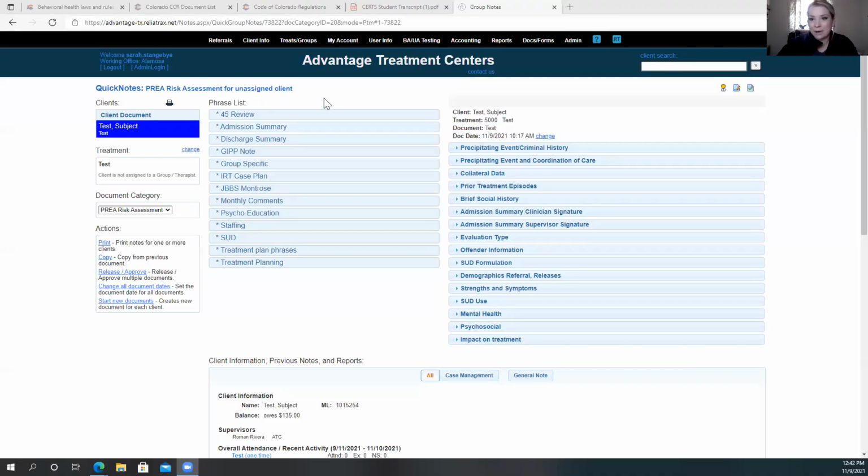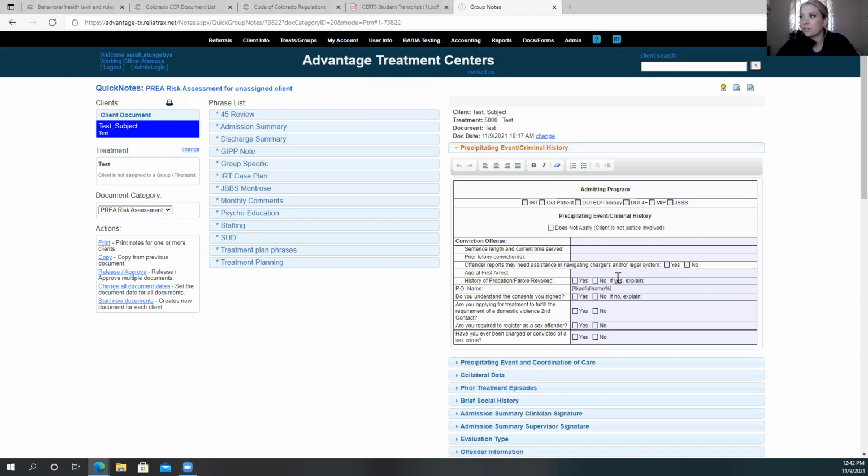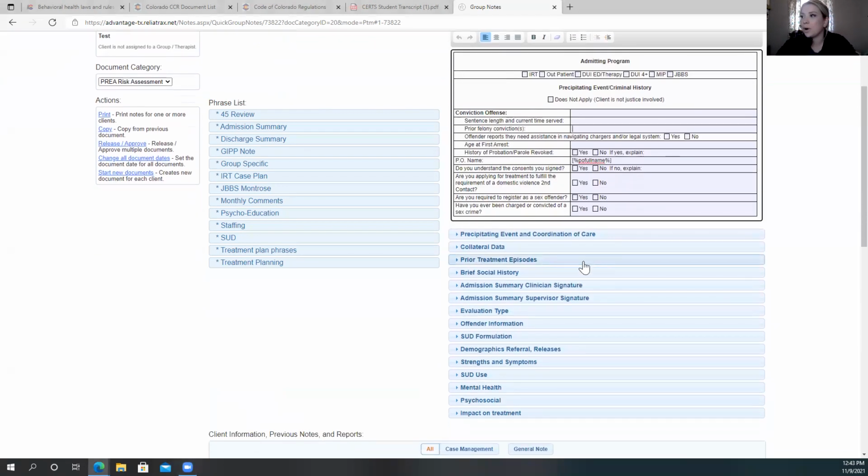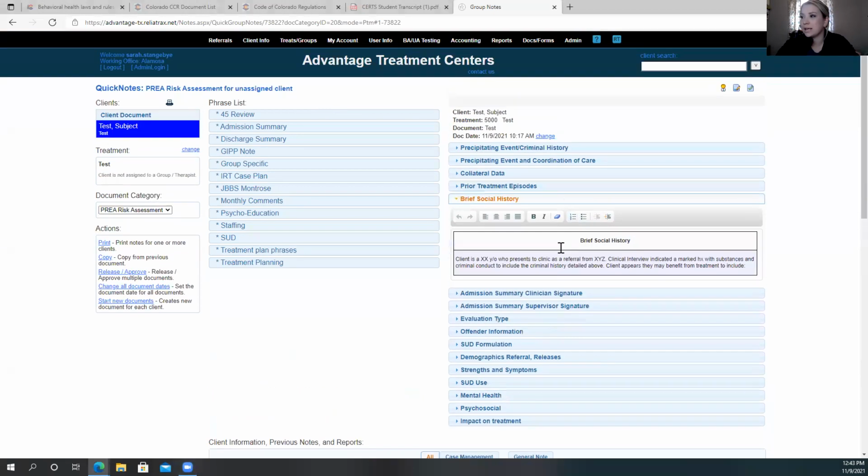So I'm going to share my screen here so we can talk about it. You'll notice there's no change here on the first precipitating event or criminal history. I did want to remind everyone that it is important to respond to every single field. It probably seems pretty repetitive, but if you check the behavioral health rules and or the scope of work, this is required information. Where the change really comes in,